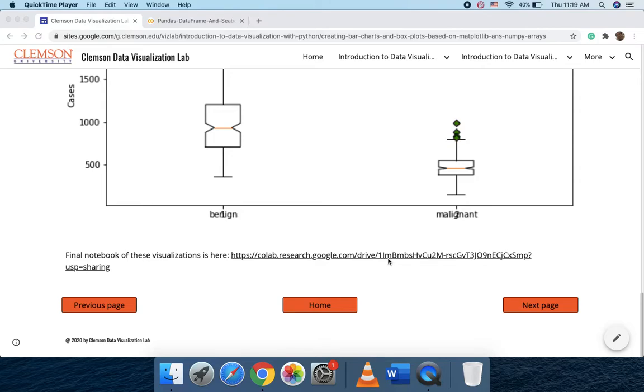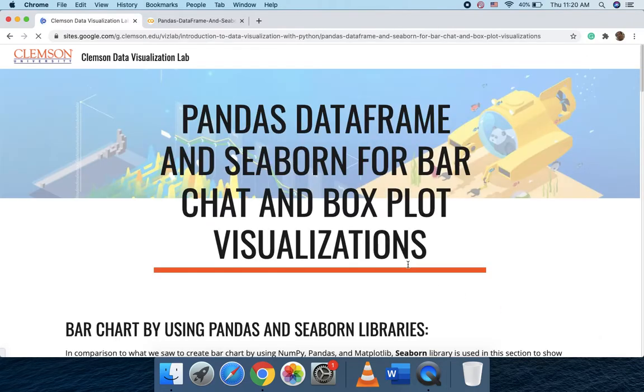That's the fourth part of the introduction to data visualization using Python videos for this workshop. In the previous video, we saw how to use pandas and matplotlib for creating bar charts and box plots. In this section, we will see how to use seaborn and the pandas data frame, which makes the visualization much more compact, easier and more understandable in comparison to the traditional way of visualization using matplotlib. If you click on the next page,